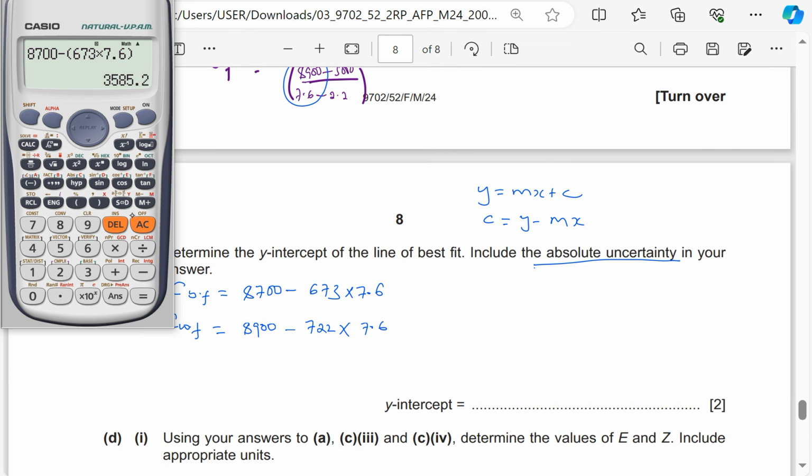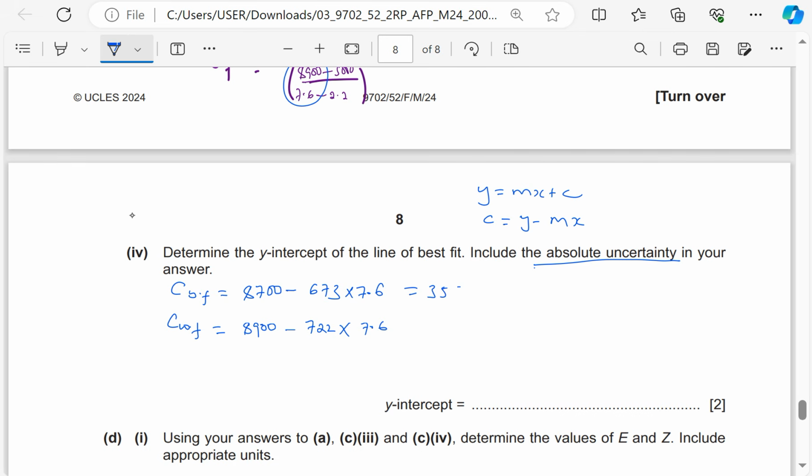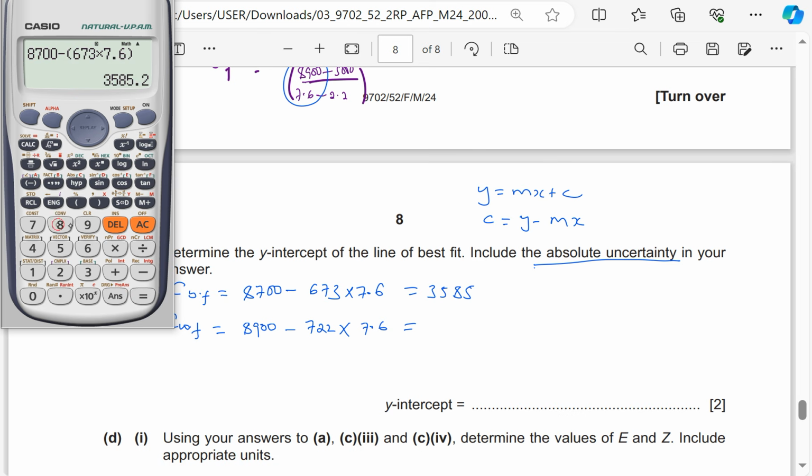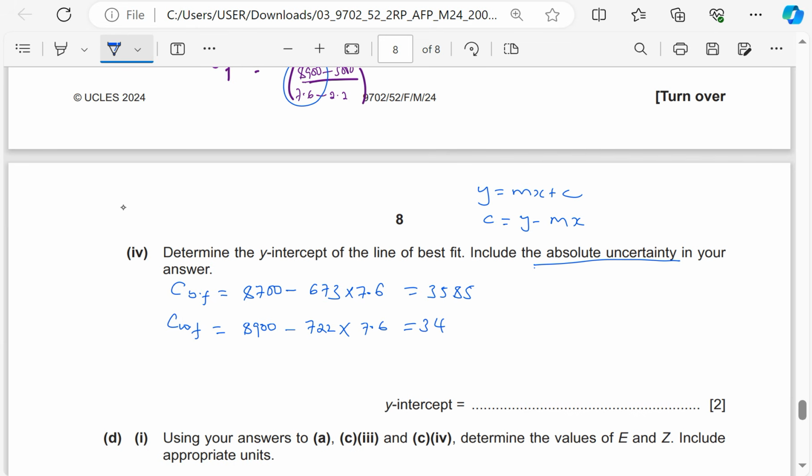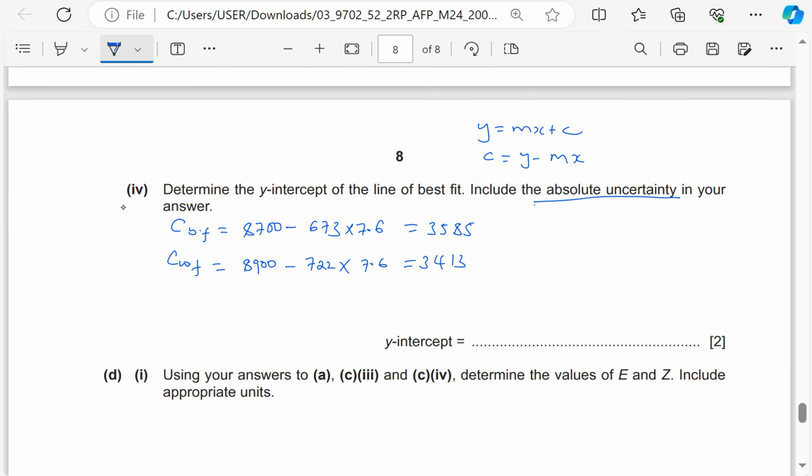So this is giving me 3585. And this one is giving me 8,900 minus open brackets 7.6, so 7.6 times 722. So this is giving me 3413. Then the uncertainty